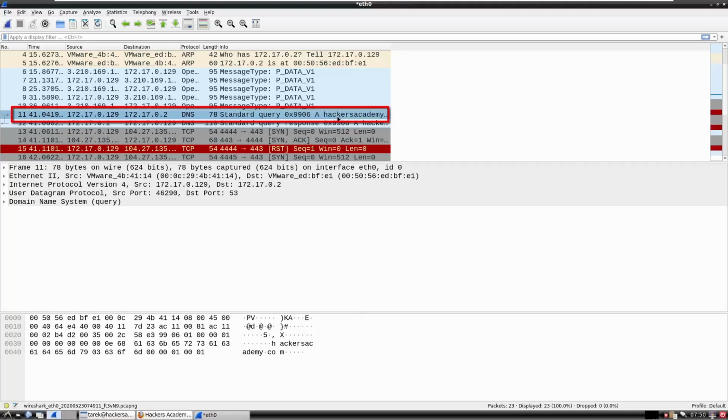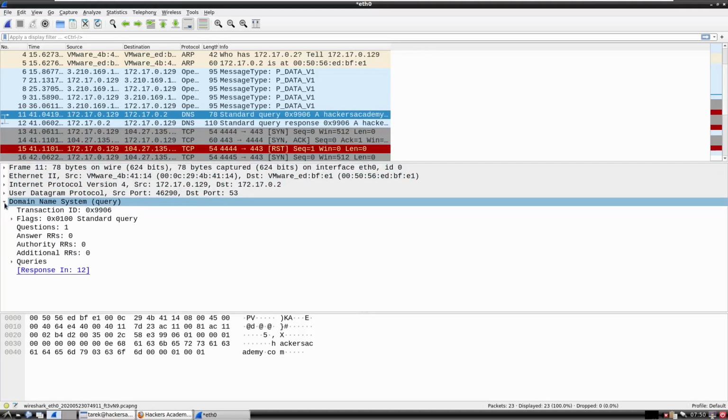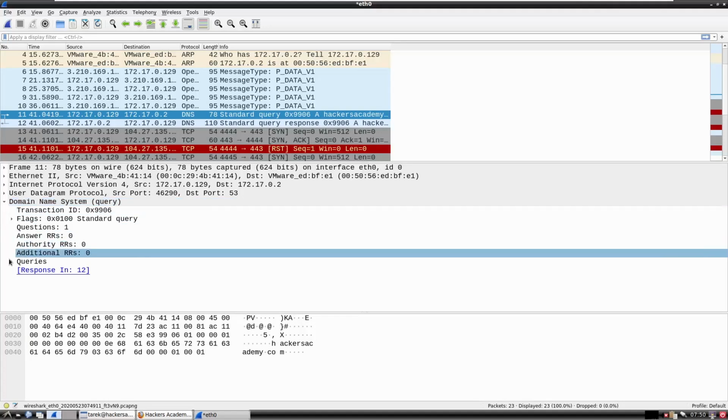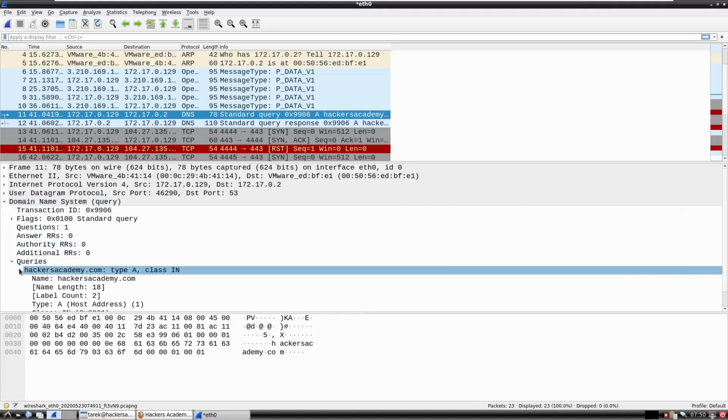So when I used my hping tool, I pinged hackersacademy.com. However, hackersacademy.com is a domain name. My computer actually needed to get the IP address of hackersacademy.com. So what happened? You'll see that from the source, which is my computer, there was a DNS query going out. And if we go to the packet content, I can actually expand the DNS query and look at the query and see that it's asking for